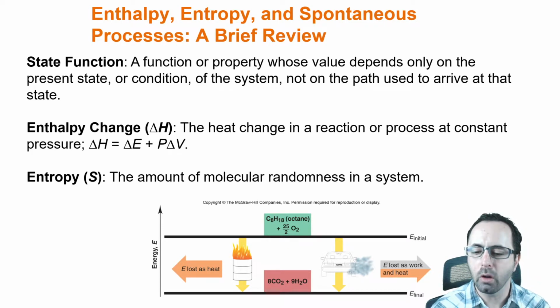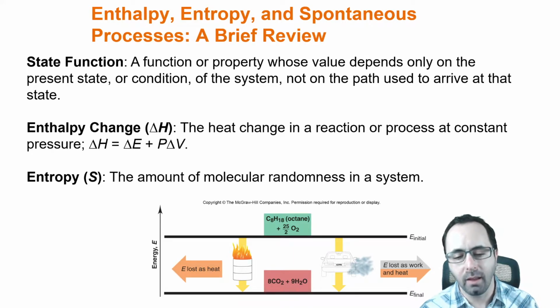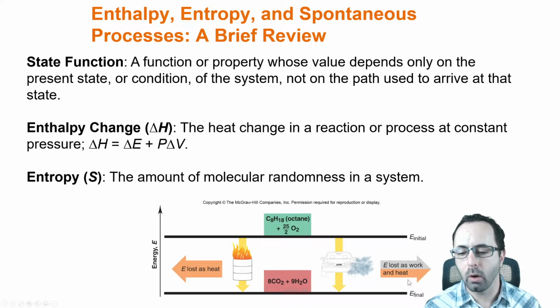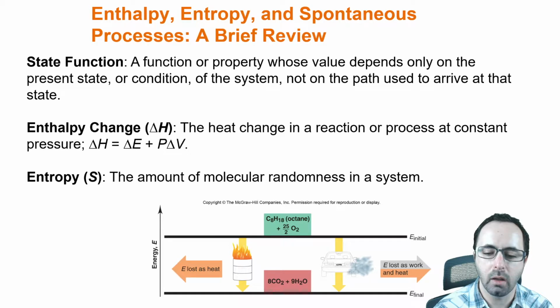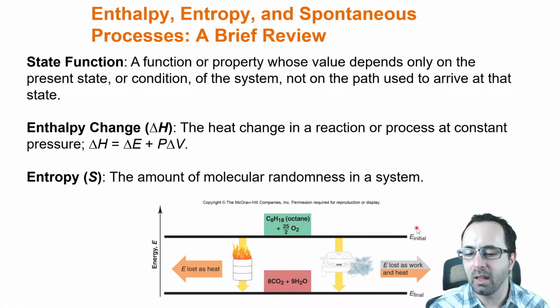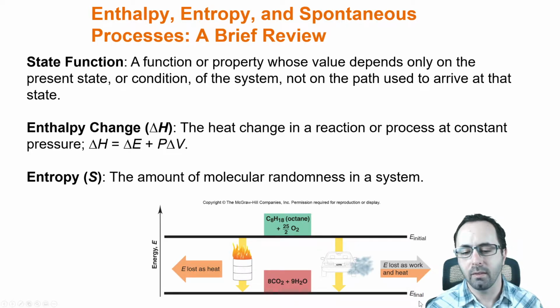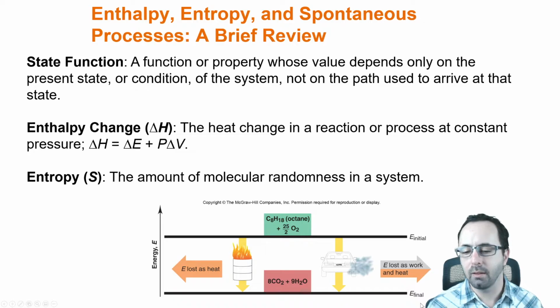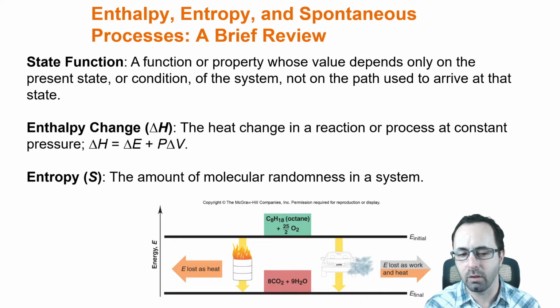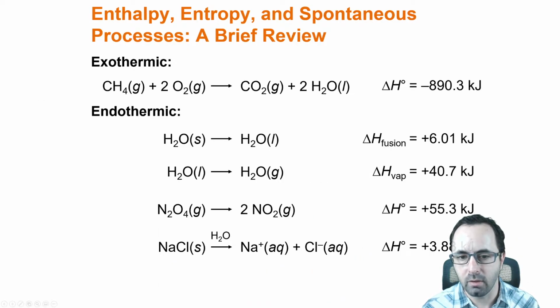And so work and heat are examples of non-state functions here. How much work or heat you get out of burning this substance depends on the way in which it is burned. However, the potential energy of the reactants and the products is the same regardless. It doesn't matter if you burn it in a barrel or in a car engine. The energy difference between the products and the reactants is the same. But whether that energy is released as work or heat depends on the way in which it's burned. So work and heat are not state functions, but this enthalpy and this potential energy are state functions.